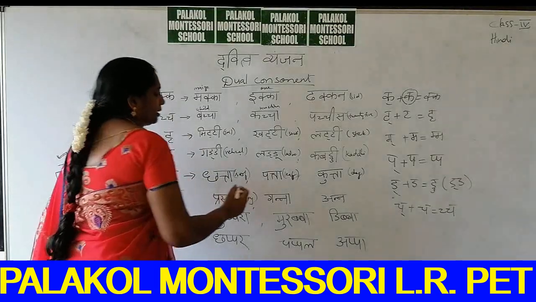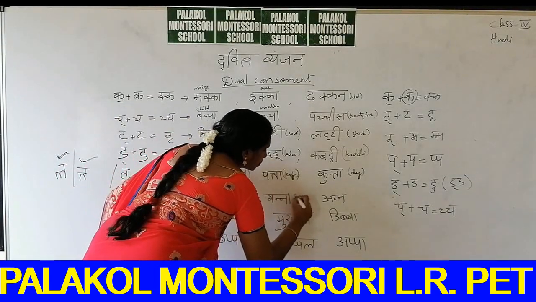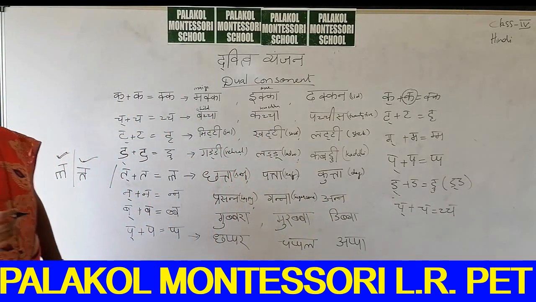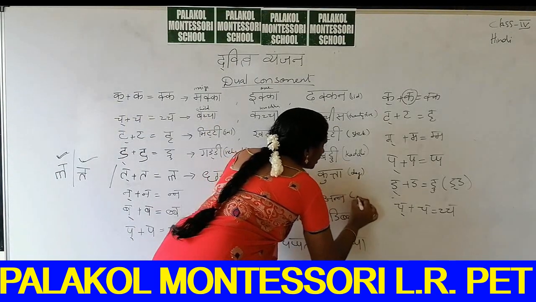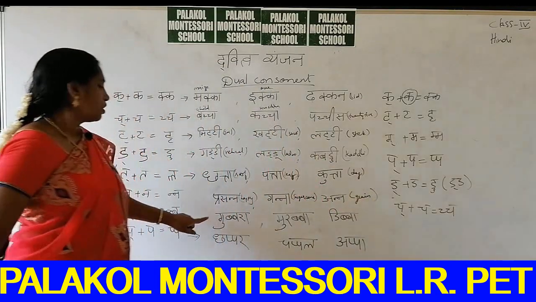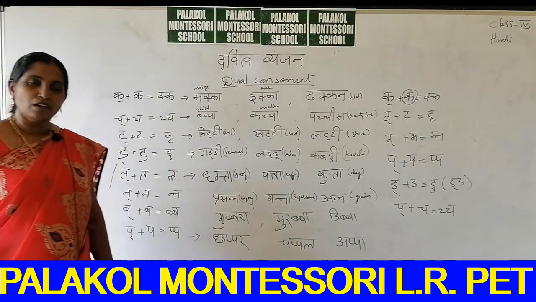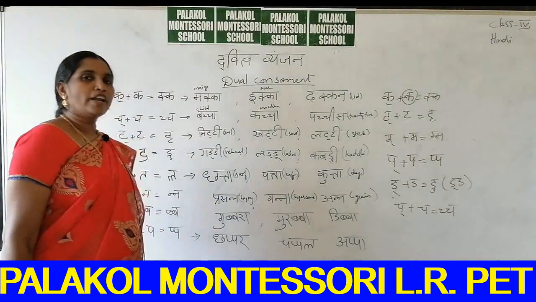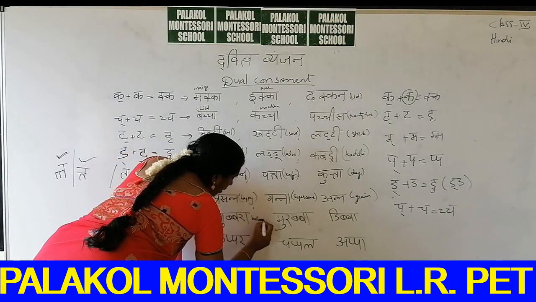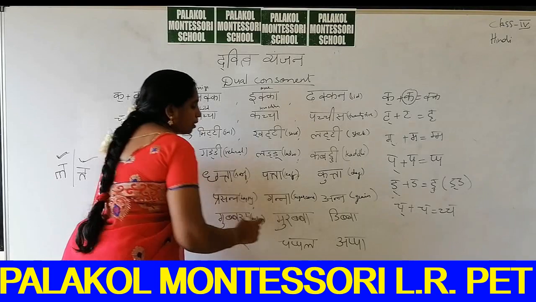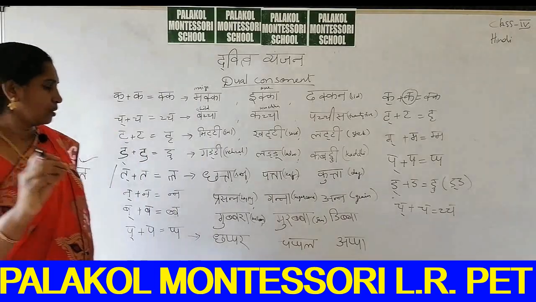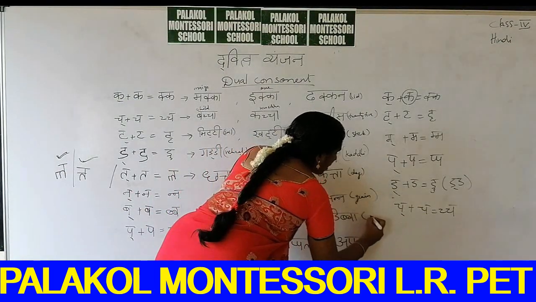Ganna means sugar cane. What is that? Sugar cane. S-U-G-A-R. Sugar cane. C-A-N-E. Cane. Anna. Anna is grain. G-R-A-I-N. Grain. Okay, children. Next, gubbara. Gubbara means balloon. B-A-L-L-O-O-N. Balloon. Next, murabba is jam, or you can say preserved fruit. Or dibba means box.